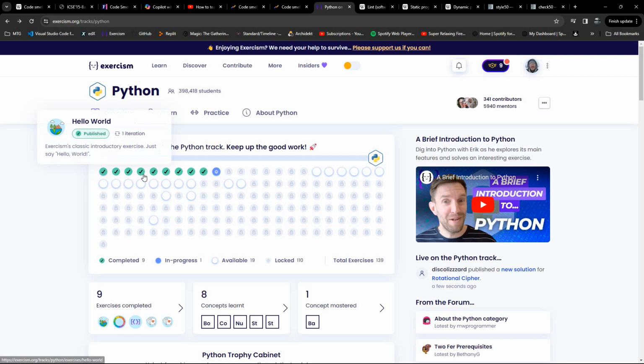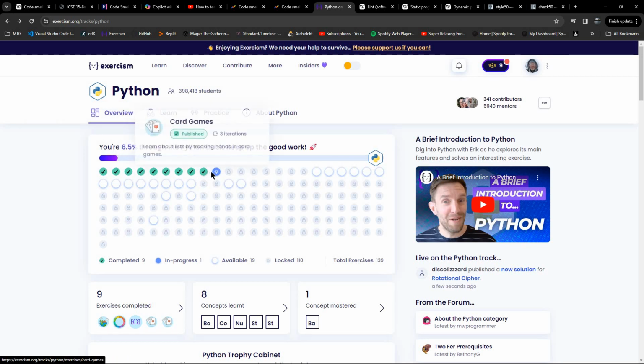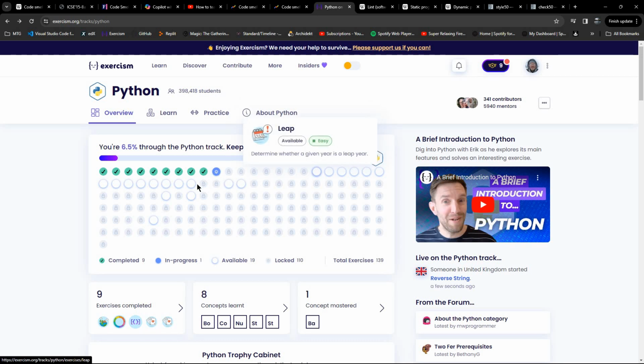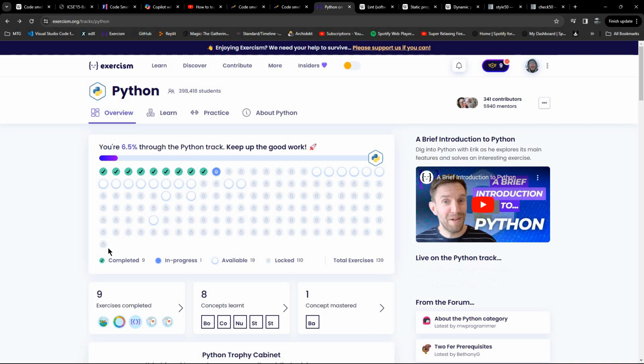As you tick off exercises here, what you notice is it initially just opens up the next one after it. Sometimes it will skip over ones for whatever reason and then unlock the earlier one when you do a later one. I've seen one do that. But also, if you want to jump ahead, it'll sometimes unlock some of these because they're based on principles you've learned earlier, but they're of a slightly higher difficulty. So I'm going through like this, really. I'm not jumping ahead. I have no particular desire to necessarily work my way all the way through. I might do, but